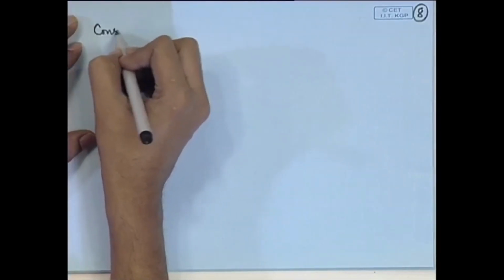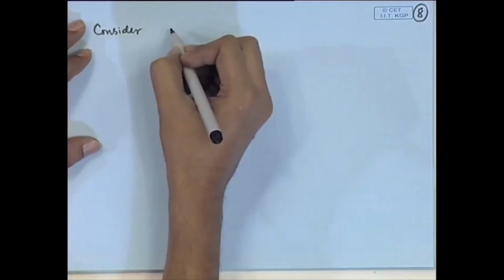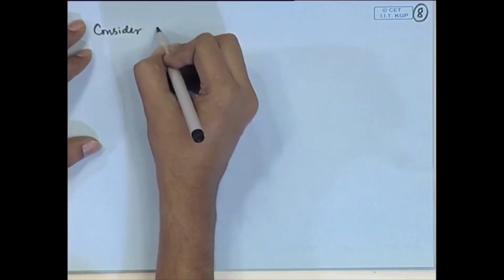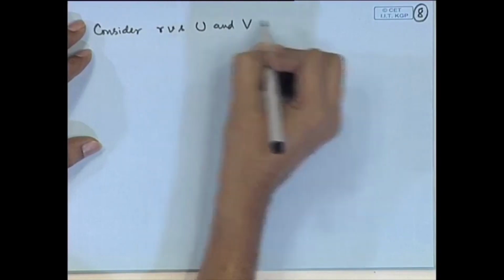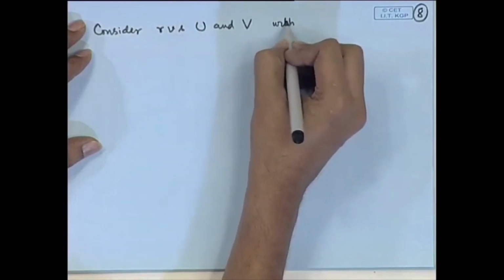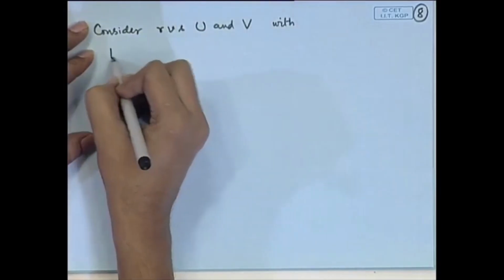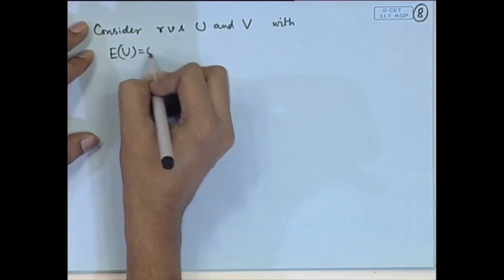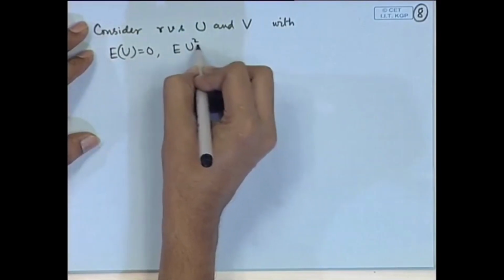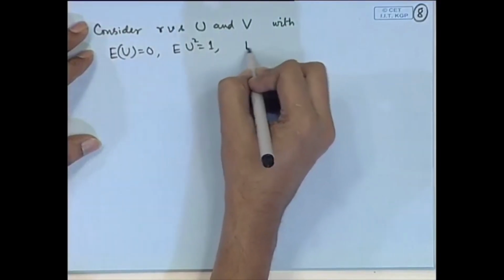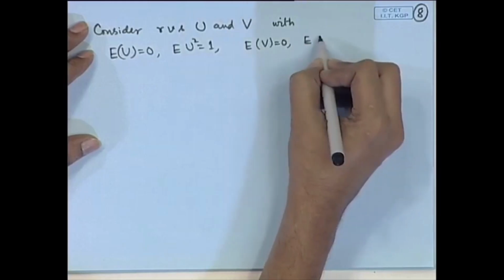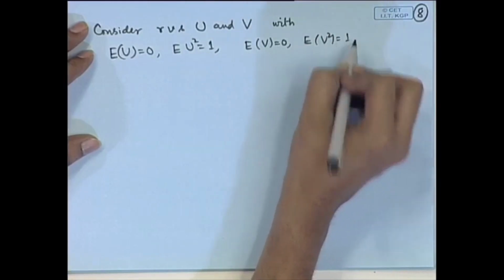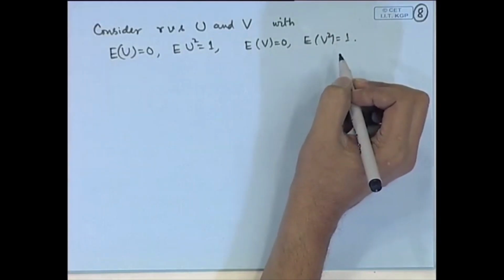Consider, say, random variables U and V with, say, expectation of U is 0, expectation of U square is equal to 1, expectation of V is equal to 0, expectation of V square is equal to 1. If we consider these two random variables,